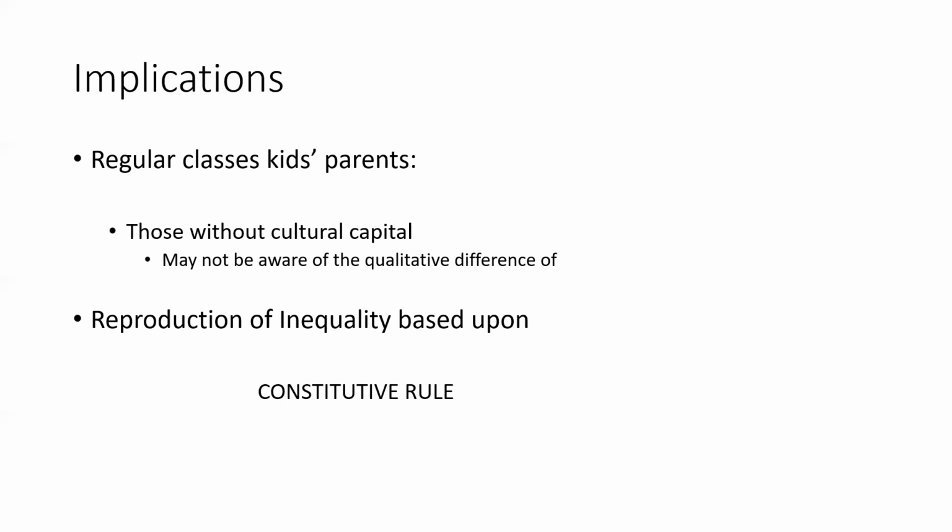And so the kids whose parents don't have social and cultural capital will not be doing that same kind of advocacy. And because of that, their kids are going to be placed into these different learning environments that have very real consequences. And so the existence of honors courses and regular courses is an example of a constitutive rule,